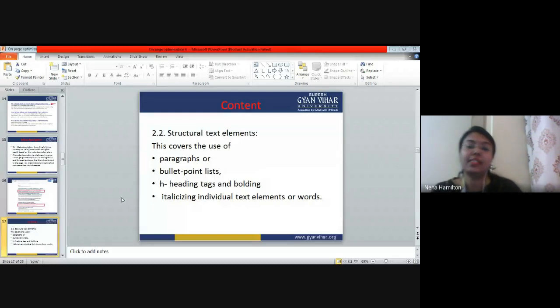Okay, so I'm going to go back to the website, and here you can see that I have shown you everything. The web page which was topping in the charts was having a paragraph, bullet points, heading tags, some italicizing text, and it was also having some internal linking. Okay, now let's see what comes after content.